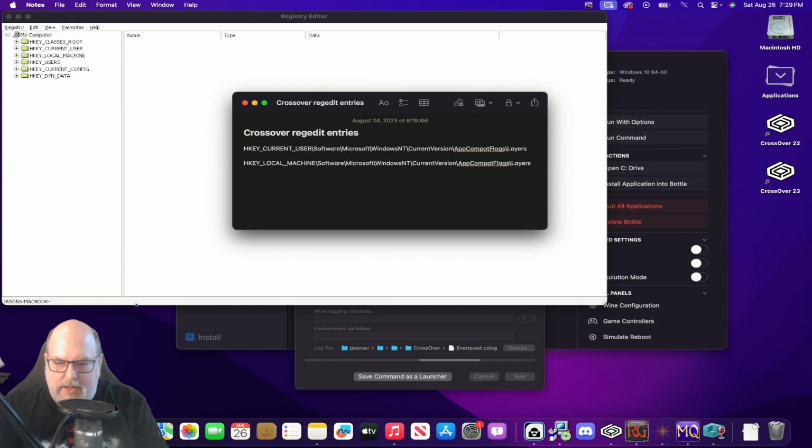Basically, it's HKEY_CURRENT_USER, Software, Microsoft, Windows NT, CurrentVersion, and then we're going to add these last two key entries on the end. One of them is under HKEY_CURRENT_USER, the other is under HKEY_LOCAL_MACHINE, and after that, they're both going to be under Software, Microsoft, Windows NT, CurrentVersion. And then we're going to have to add the last two directories as key entries, which are AppCompatFlags and then Layers. So just go in here and do that